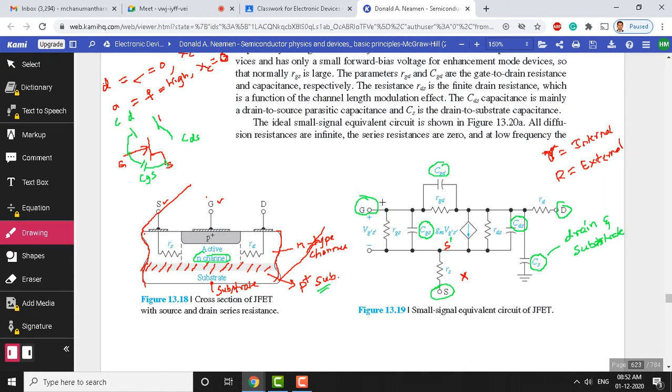And the other elements: V G dash S dash is nothing but an internal voltage source. This is going to be an AC voltage source. The reason why we choose an AC voltage is because we need to analyze from the frequency point of view. That's why we apply an AC signal here. Okay, so this is an AC signal.